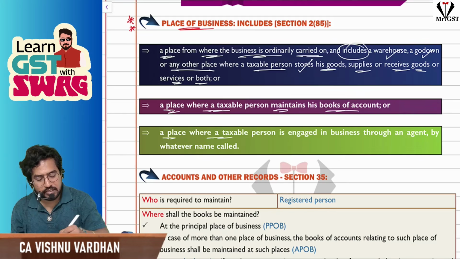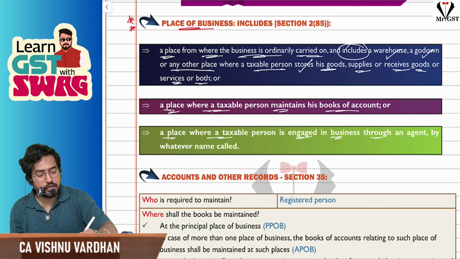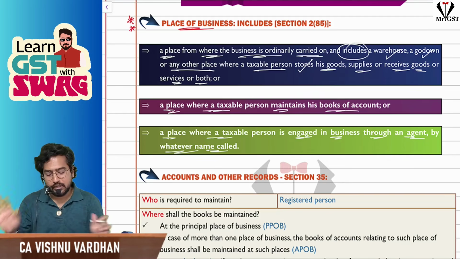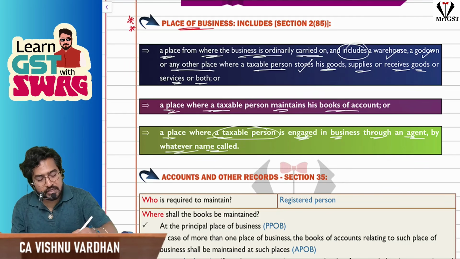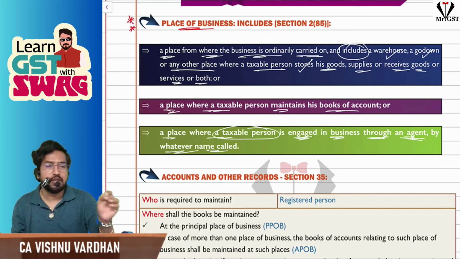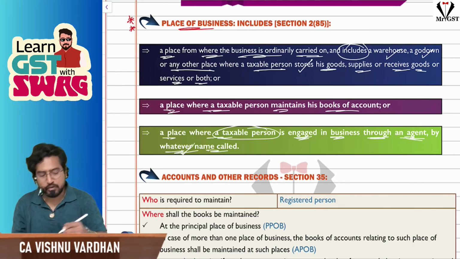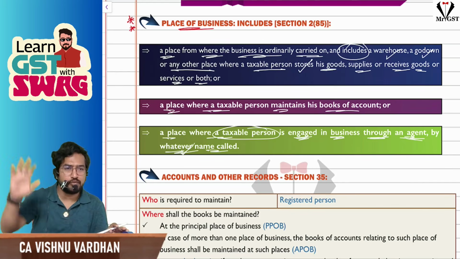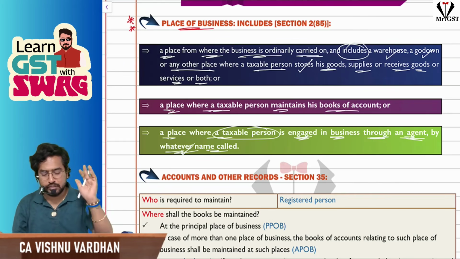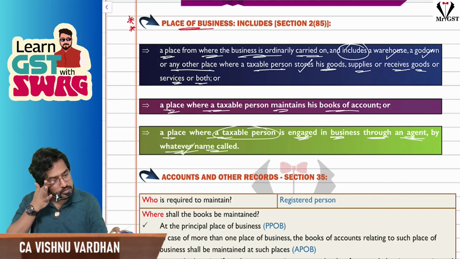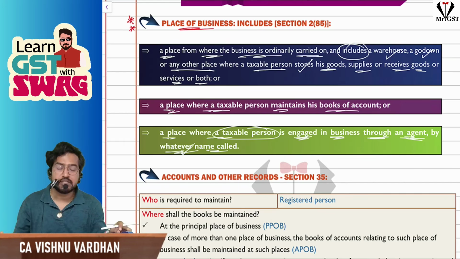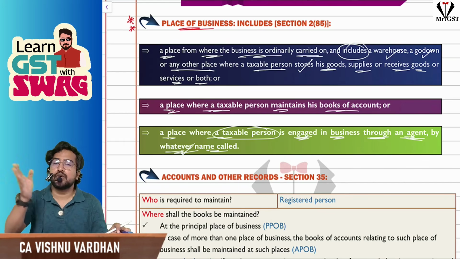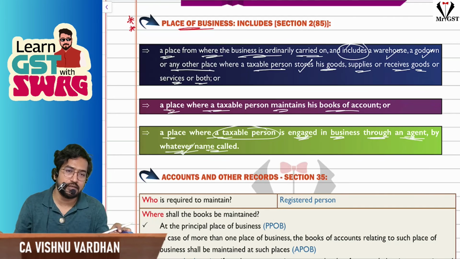A place where a taxable person is engaged in business through an agent, by whatever name called. So your agent's location also, through him, if you are making the taxable supplies, that is also nothing but a place of business. Okay, why are we studying this meaning of place of business now? Because your accounts and records should be maintained at,